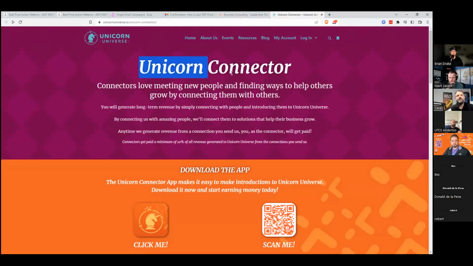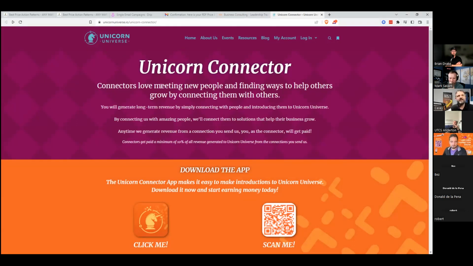So right off the bat, Unicorn Connector in a big headline. I don't know what that is. Honestly, I have no clue what that is, and when I think of unicorn, I just get all kinds of strange thoughts. So I would be real specific in this big headline about what the benefit is. What is the benefit of this group? What is the benefit of the unicorn universe? And put that in a big headline. That's the first thing.